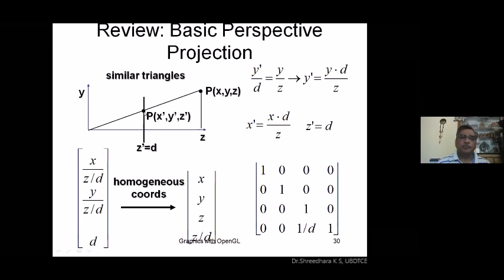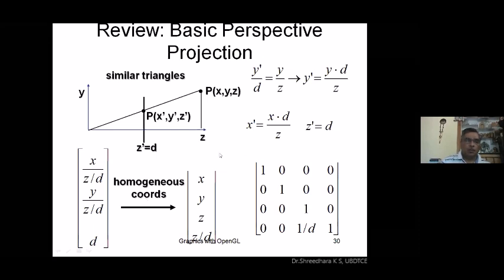on your screen at a particular position, at a distance of d from the origin, on your viewing plane. So you can represent in matrix form these three values xp, yp, zp, that is x dash, y dash, z dash, as x by z by d. If you observe this, the d can be taken to the denominator: x dash is equal to x by z by d, y dash is equal to y by z by d, and d. That is how the 3 points are plotted.